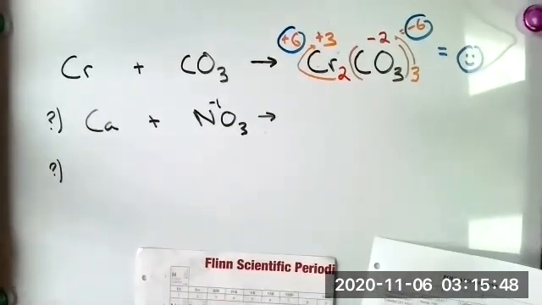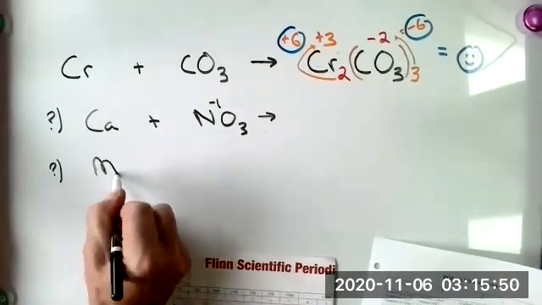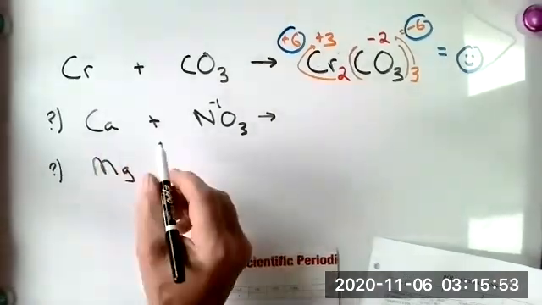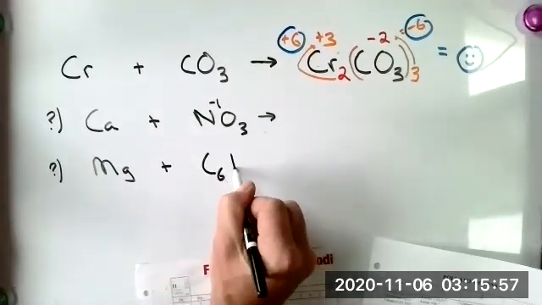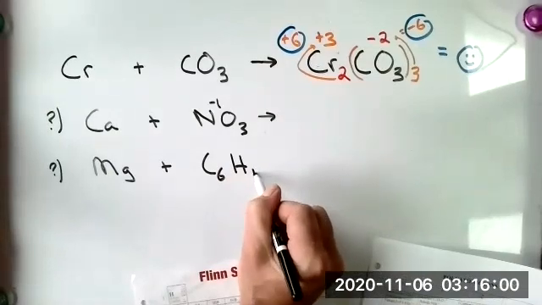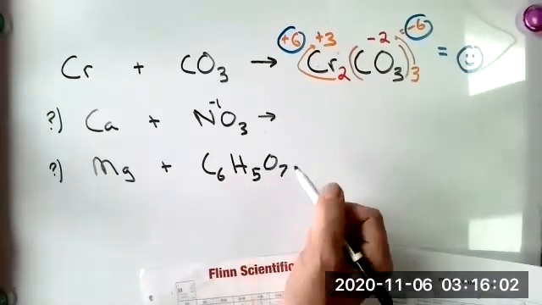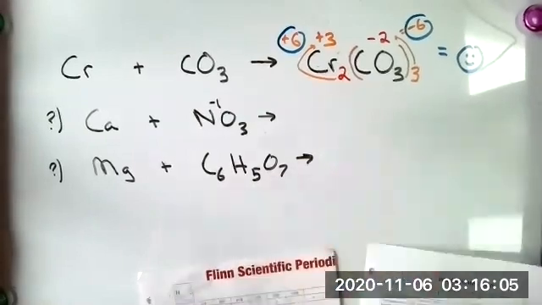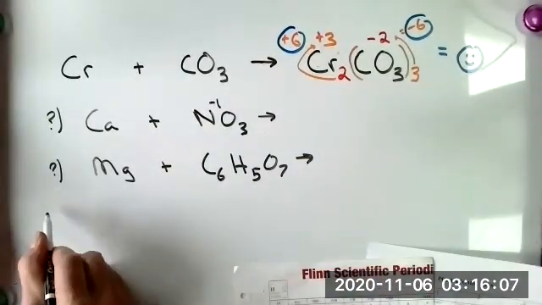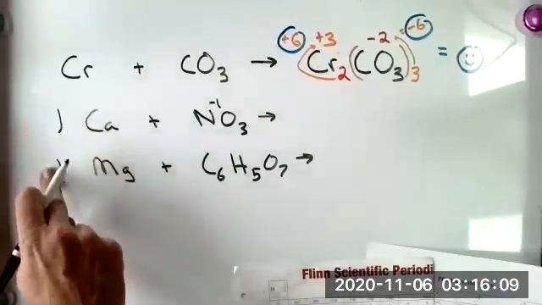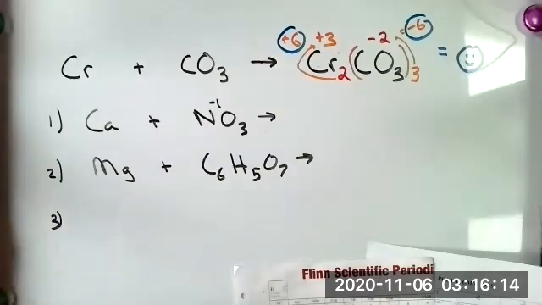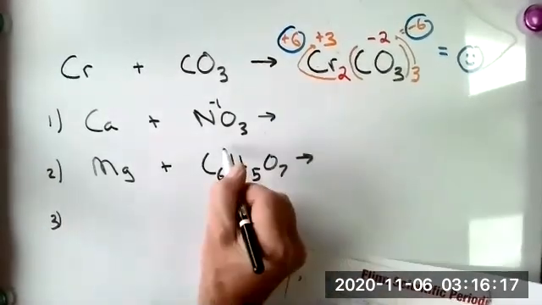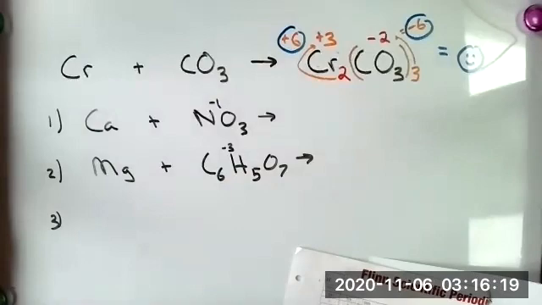Another one. Oh, look at this. Actually, don't look at this. Hurry, do this one. C6H5O7. All right, fine. I'll start numbering these. 1, 2, 3. And this guy is a -3 to help you out. And